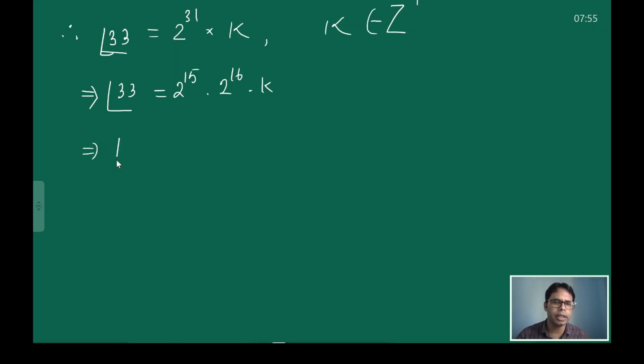So this can also be expressed in this way. Factorial 33 is equal to 2 to the power 15 into, say, combining these two I wrote another, k1, a new integer, this is also an integer. From this line, what conclusion can I make? Factorial 33 is equal to 2 to the power 15 into something, a multiple of 2 to the power 15. So the conclusion is this is divisible by 2 to the power 15. You can see that factorial 33 is equal to 2 to the power 15 into an integer, so factorial 33 is divisible by 2 to the power 15. So therefore, write this line: therefore factorial 33 is divisible by